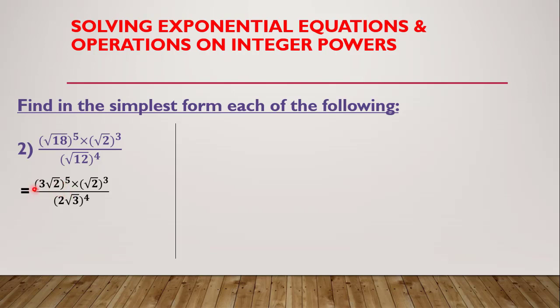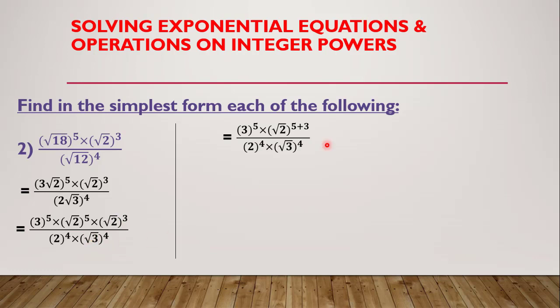This one will be 3 power 5 multiply root 2 power 5. And here 2 power 4 multiply root 3 power 4. Okay, here we have root 2 power 5 and root 2 power 3. I'll add the powers, so it will be root 2 power 8. So here root 2 power 8, and here we have 3 power 5, 2 power 4, and root 3